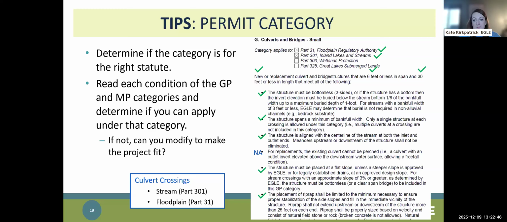So for this example, let's say we're looking at our 2 culvert crossings, and each culvert crossing is within regulated stream and regulated floodplain, not wetland. So we can continue with this category. Both are new crossings that are 6 feet in diameter and 25 feet long, and we've gone through and ensured that it was designed in a way to meet each of these conditions, so we know that it meets this